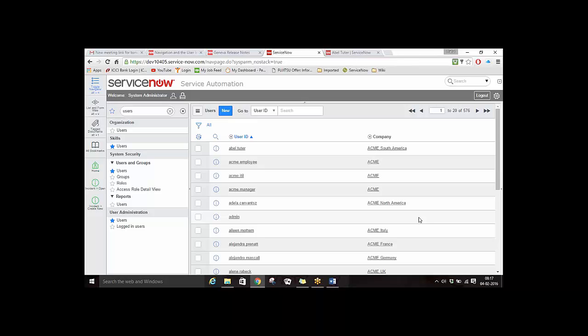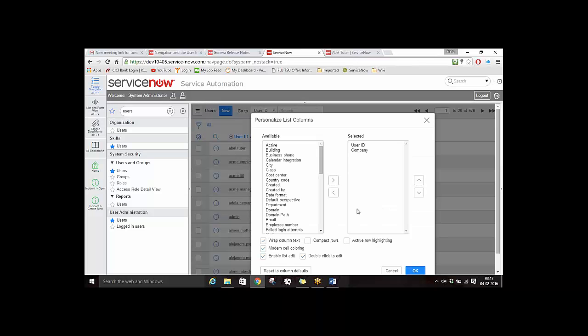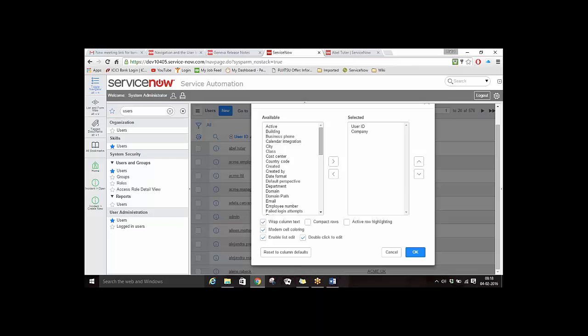So suppose the system administrator has set a default view for the list and he says that 5 columns are visible by default if somebody has not made any changes. Now I, as a user, have gone into the system and changed this view for me. Now I don't remember what was the initial number of fields in the list, and I want to set it back to the initial thing. So I can go back again to this list, and now you see there is one more option available to me which says reset to columns default. If I click on this,